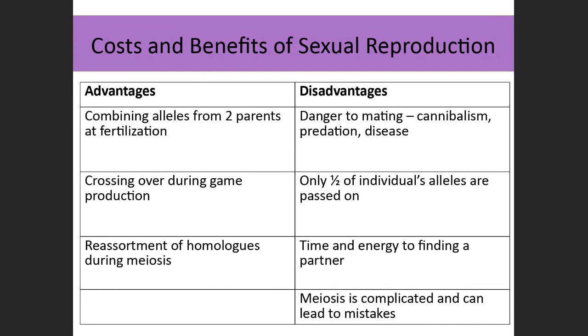So our advantages for the offspring are that you're getting alleles from 2 parents, right? So you're getting some diversity. This should say during gamete production, right? There's obviously this crossing over. They're unique, so siblings are different from one another. So there are these advantages that it creates this diversity. This is actually very beneficial